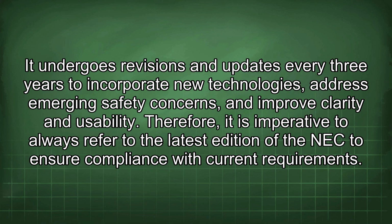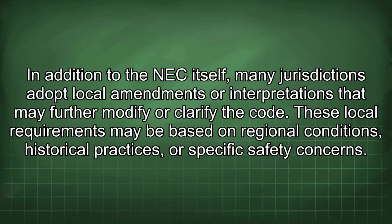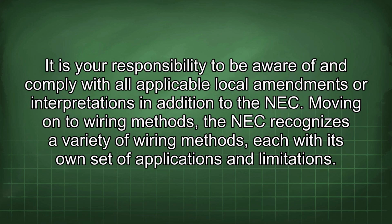current requirements. In addition to the NEC itself, many jurisdictions adopt local amendments or interpretations that may further modify or clarify the code. These local requirements may be based on regional conditions, historical practices, or specific safety concerns. It is your responsibility to be aware of and comply with all applicable local amendments or interpretations in addition to the NEC. Moving on to wiring methods, the NEC recognizes a variety of wiring methods, each with its own set